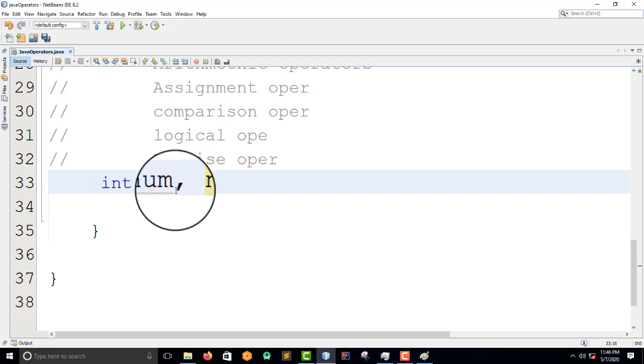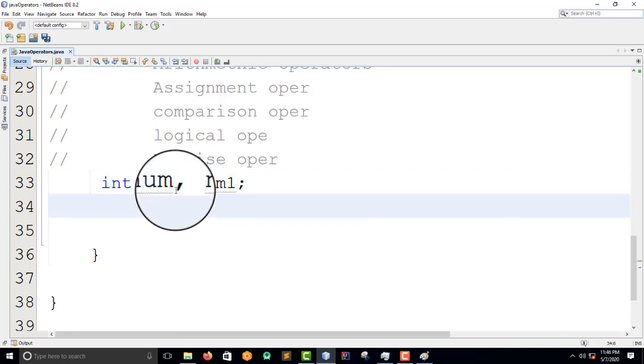So I'm just declaring first, without assigning the value. Then I say num is equal to, say, 10, and then I also say num2 is equal to 2, right?